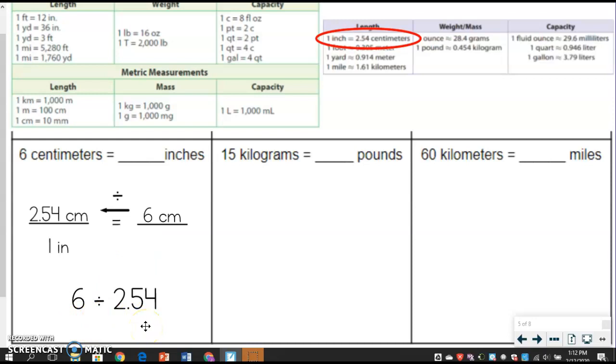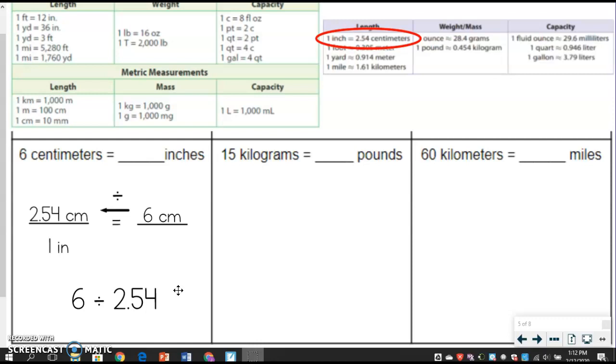I'm doing it too. And when you get your answer, you probably got some long answer like 2.3622, on and on and on. So remember how we said we were going to round to the nearest hundredth. That's what we always want to do. Okay, so we want to round to the nearest hundredth. So if you look at your calculator, it says